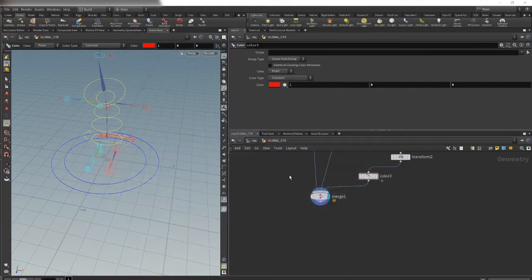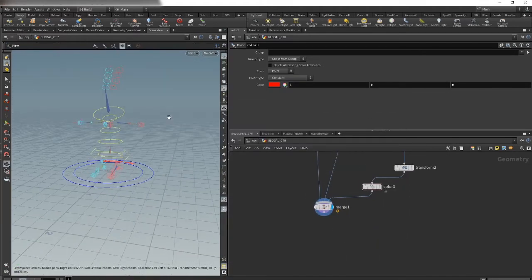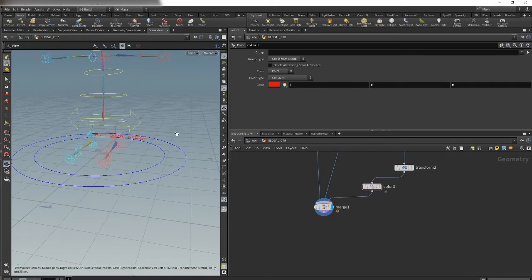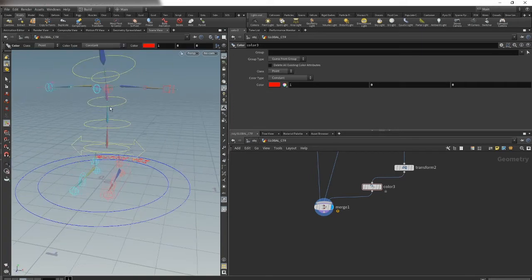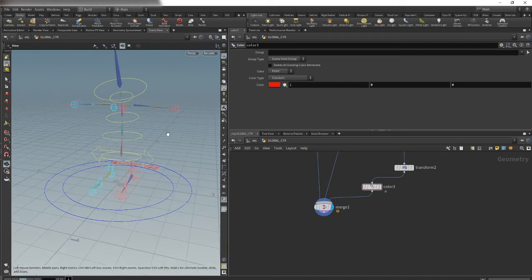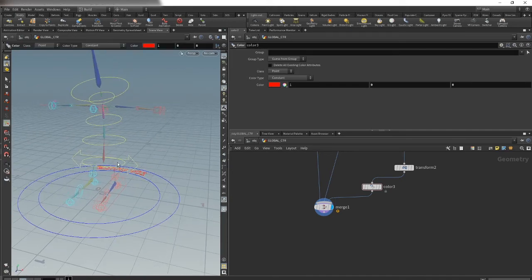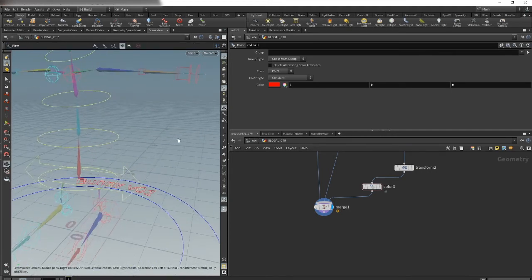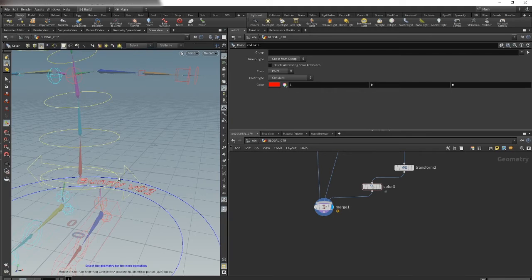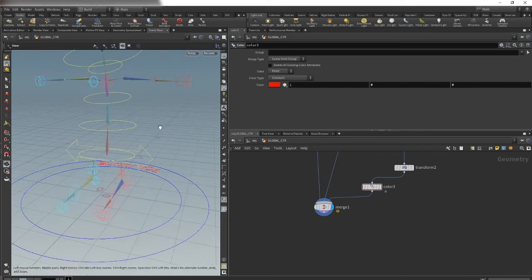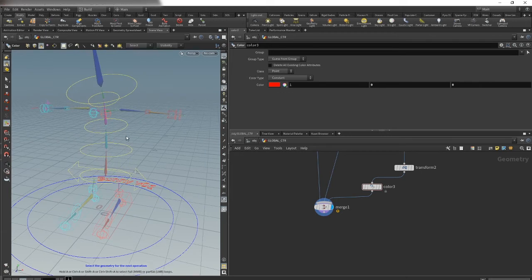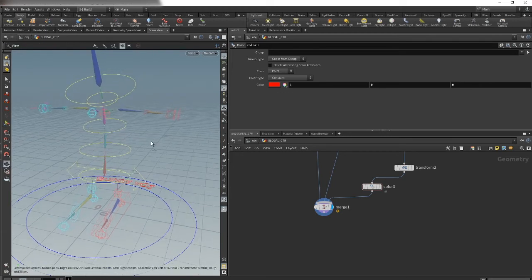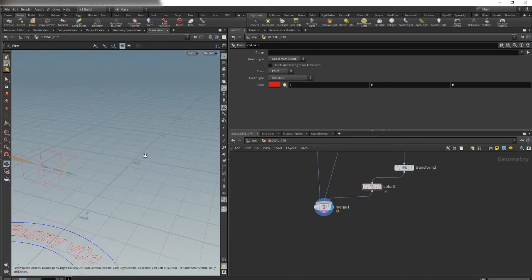What I mean by that, I'd like to get this function: if I move my global control, everything is following. First, we have to understand how this whole hierarchy works. Normally, if I move my hip control, everything will move with it, except these IK controls. If we are in FK mode,